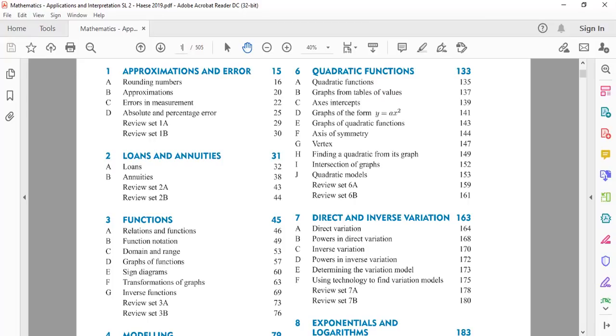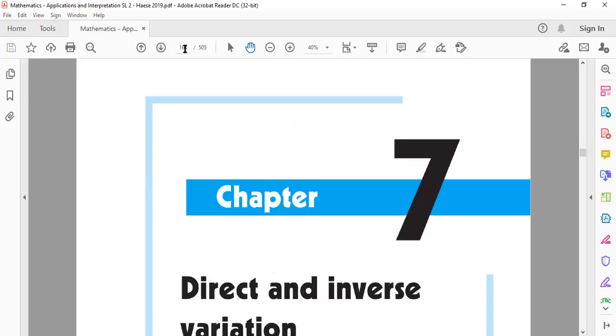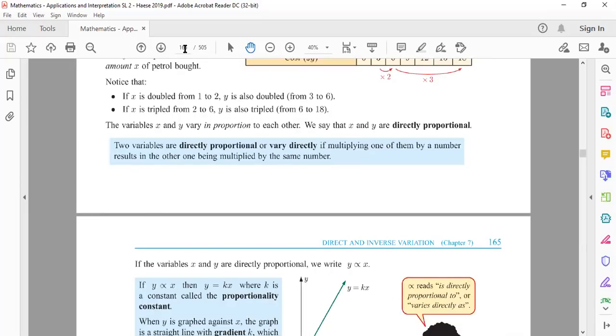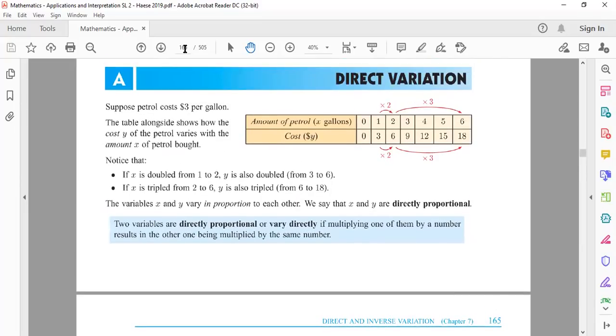This is basically what we did as variation in international math. It's the same, only the difficulty level is a little bit high when it comes to the percentage and all that. I'll show you that as well. So basically, direct variation. For this exam you have only direct variation. Direct variation is basically directly proportional. You did this in International Math 0607 as well.